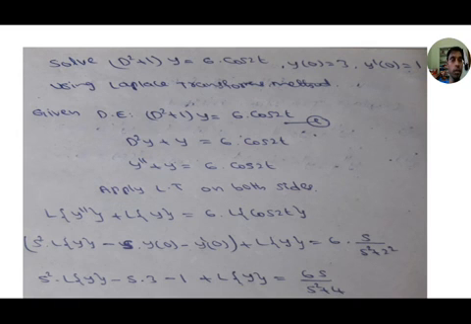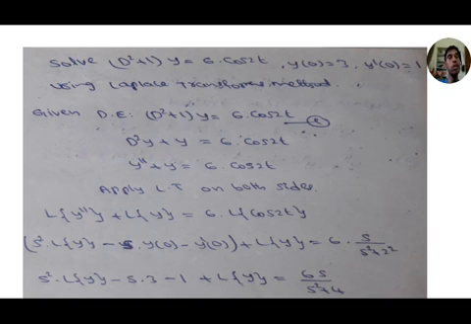Okay, remember the 5 steps. What is the first one? Apply the Laplace transform on both sides. Next, use the formula. Second step. Next, replace the initial conditions. Next, simplify the given function in the form of L of y equal to f bar s, a function of s. Then y equal to L inverse of f bar s.